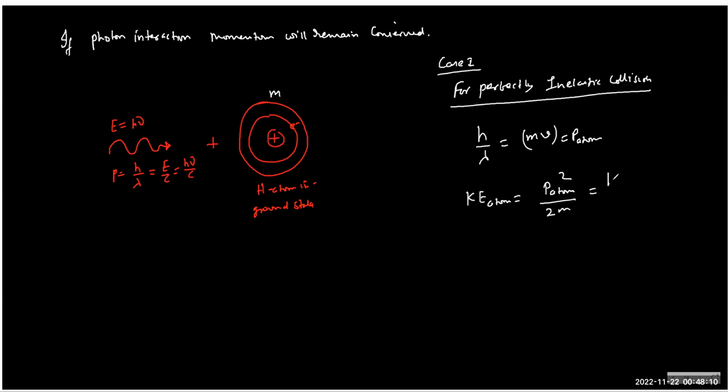Yes. And momentum is h by lambda, whole square. Are you getting this? So what is the kinetic energy of the atom? This is the part for momentum conservation. But once you're done, you know the momentum of the atom, so you know the kinetic energy of the atom: h square by 2m lambda square. And if you compare the energy hc by lambda of the actual photon,